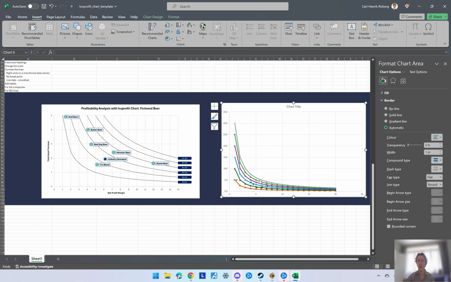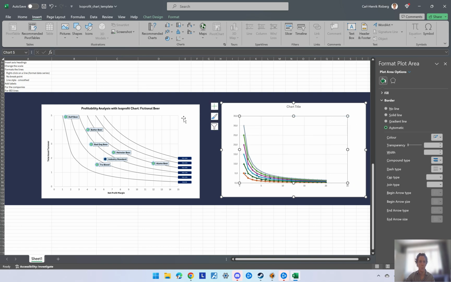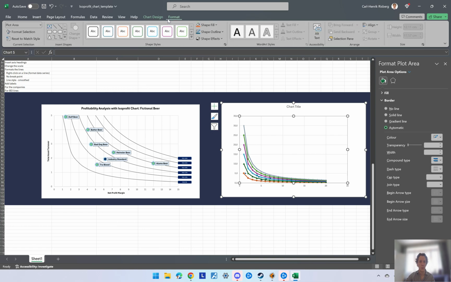Because the X and Y axis is not representing the correct values, it looks a bit weird right now. We're going to correct that. First, we're going to make the chart table a little bit smaller. We're going to center that. We're then going to go to